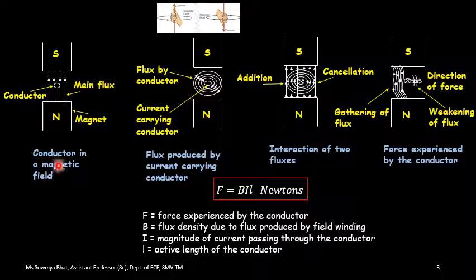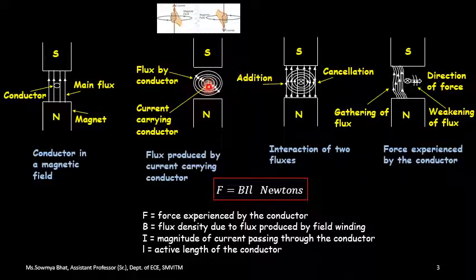So this is the basic requirement. One, I need a conductor, and another, I need an electromagnetic field. So what is our principle of Faraday's law? Whenever a current carrying conductor is placed in an electromagnetic field. I have a conductor now. How to make it a current carrying conductor? I have already told you. You just connect this conductor with a battery, which will behave like a closed circuit, and now it will behave like a current carrying conductor. Assume that we have done that.